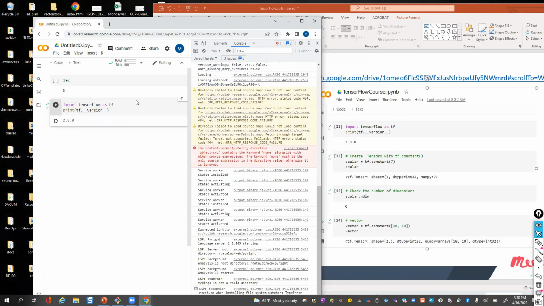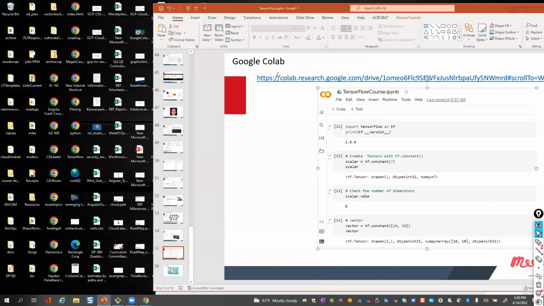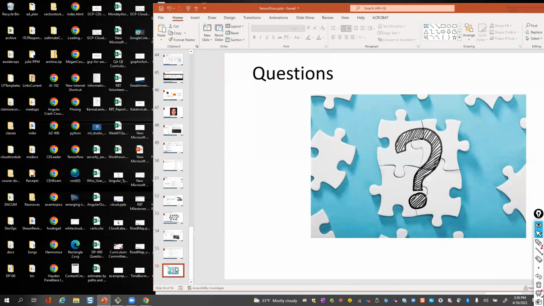It's the 2.8 version of TensorFlow. And then you can go on and see stuff here where I programmed a vector, and I programmed a matrix, and I just went on with it. So here you can just start doing TensorFlow all day long. So it's just really sweet. It's all there in the browser, ready for you to use. I don't think artificial intelligence has ever been made easier. There's probably more information on it and getting started with it than anything I've ever seen in any technology right now. Yeah, so that is the presentation.